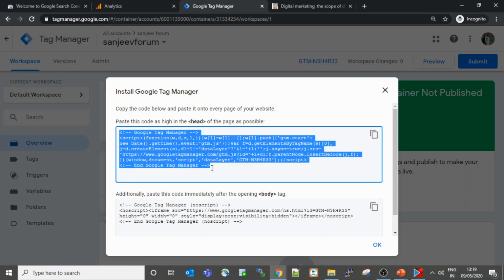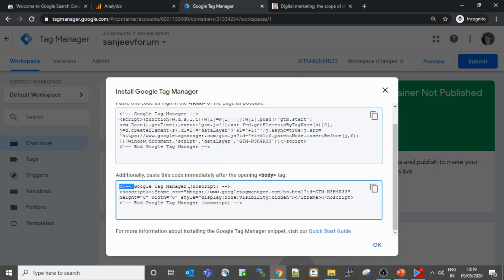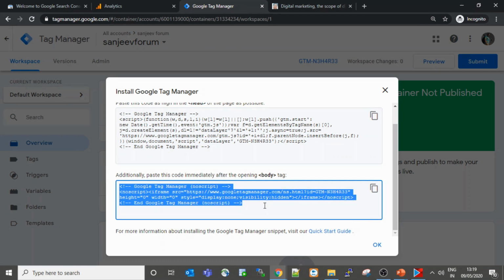If you have implemented Google Analytics and it is there, still you have to copy this code and paste it as high in the head section, and again in the body section, at the top, after the opening of the body section.